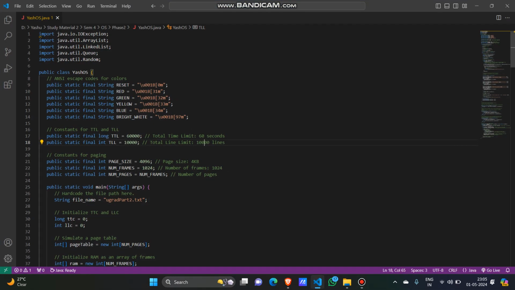So this is the code for phase 2. So here is the main class that we have created, that is class Yashvaz in my case, because it's my name. So here we have just defined the color codes for different colors that we are going to use. And here is the important part which involves error handling and exception handling, where we have taken time to live